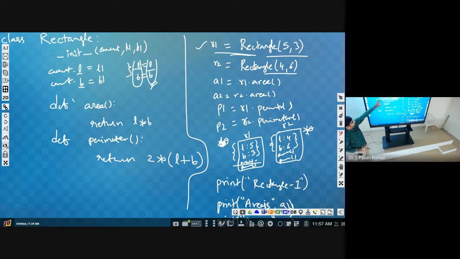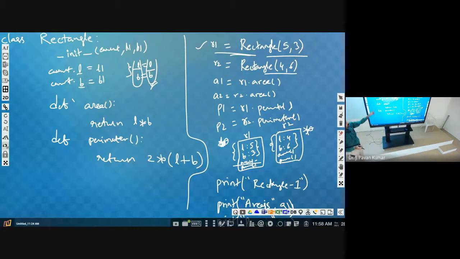So what is that current? It is the current object, which will refer to the current object. That can be R1, that can be R2, that can be R3, anything. We need not bother about the name of the object. Whatever the current object we are creating, it refers to that. Rectangle 5 comma 3 means in general we will be getting L1, B1, that's it, 5 comma 3. Those values we have to assign to L and B, that is fine. But to differentiate, there exist instances where we can have L and B here also. To differentiate these two, we are using this, that's it.